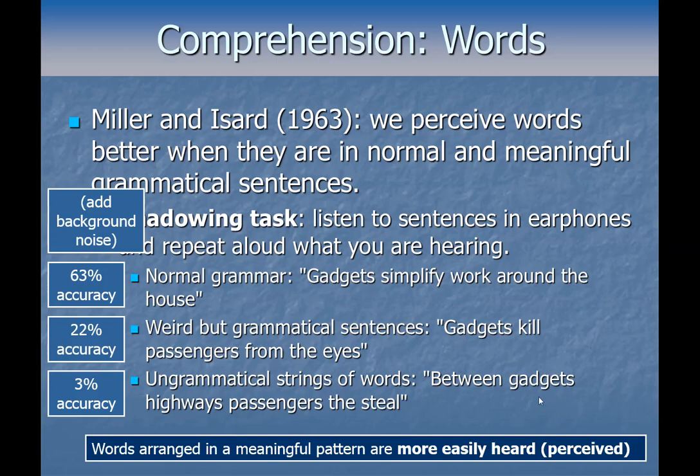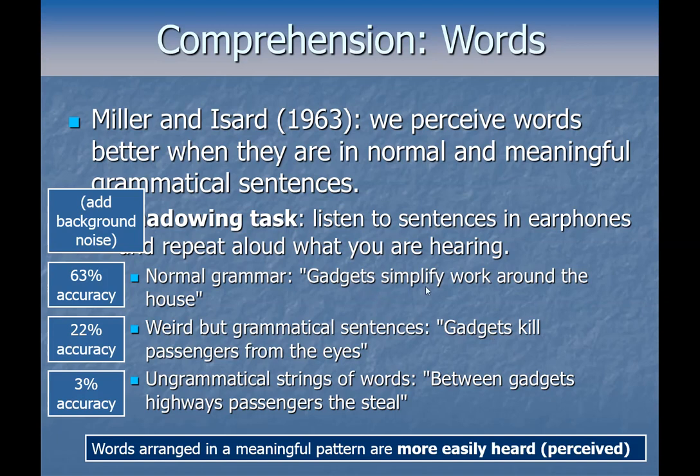When you hear the word gadgets either way, it's the same thing getting into your ears. In both cases, it was the same amount of background noise over the same set of phonemes, the same sounds, the same auditory profile getting into the ear, and yet people's ability to hear the same thing under the same circumstances differs depending on whether the words around it are grammatical or not. So that shows that our ability to even perceive what we're hearing, to hear one word versus another, to be able to accurately hear that word,